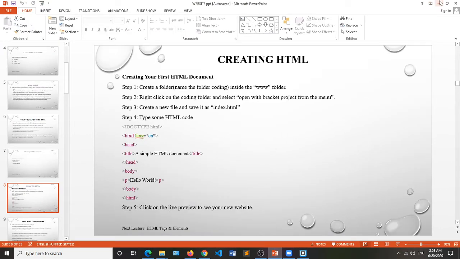So the first thing we are going to look at is creating our HTML file. Step one, create a folder and name it coding inside the www folder. Step two, right click on the folder and select open as Brackets project from the menu. Step three, create a new file and save it as index.html. And step four, type some HTML code. So let's type some code.